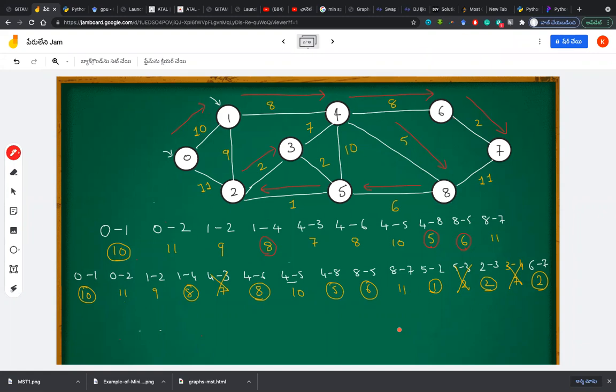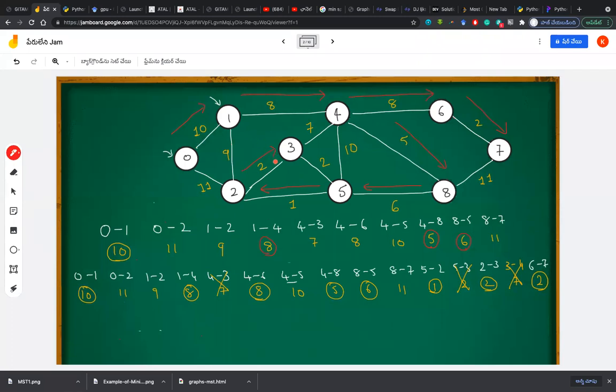So by this, you can select all the edges which have minimum weight, and all the nodes should be touched. For example, from 0, I can go to 7, 8, 5, 4, 3, 1, 2. There is no path missing for me. So look into these things. When you are forming a minimum spanning tree or a spanning tree, just look at whether each node is connecting to every other node or not. So in this case, from 1 I can go to 0, 1, 2, 3, 4, at any cost, even with a spanning tree or a minimum spanning tree.